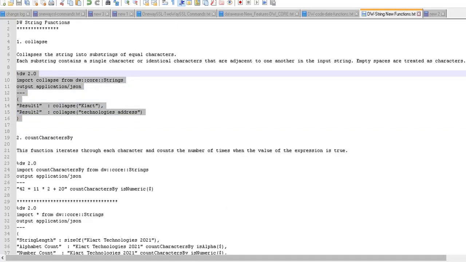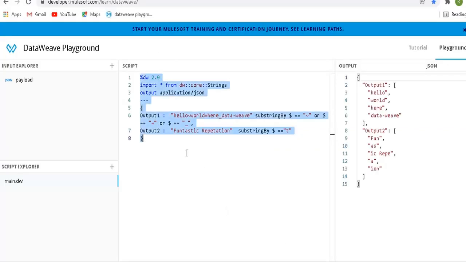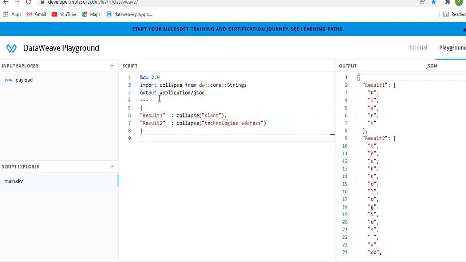So let's see how it behaves. In the results, you need to import this DataWeave core string module in order to use these functions. I have two examples here. In the collapse function, for Clart there are no repeated letters, so it will split the word into its letters. In the second example, we have technologies address.